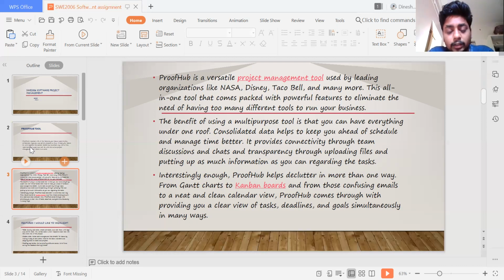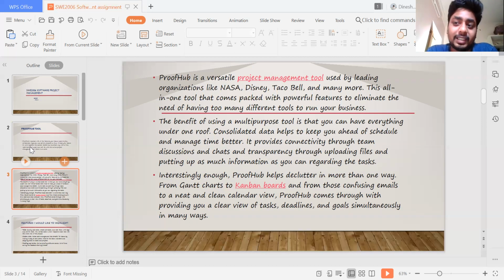Consolidated data helps you keep ahead of schedule and manage time better. It provides connectivity through team discussion chats and transparency through uploading files and putting up information. When we are doing projects, we need to collaborate with the team members.